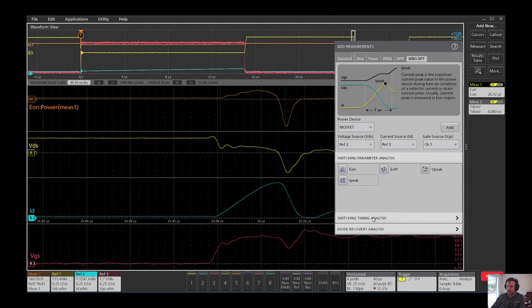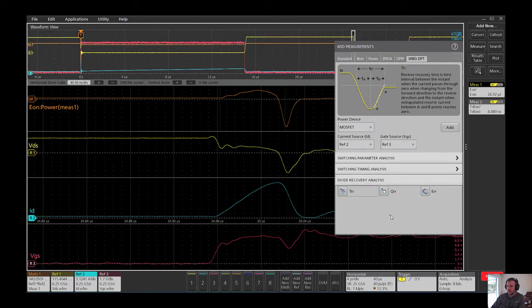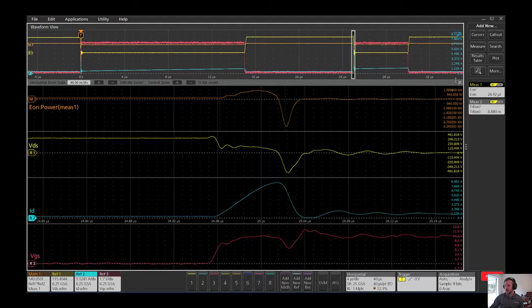So the first one is switching parameters. Now in switching timing, T-on, T-off, TR, TF. Again, all you have to do here is set what your voltage source is, drain, what your current source is, and what your gate source is, and you get all of these automatically set up for you, and diode recovery analysis. So you saw here, there's different inputs now. You just need your current and your gate, and you get your TRR, your QRR, and your ERR, right? So here you can really do reverse recovery energy. Automatically, the scope does all of this and sets it all up for you,